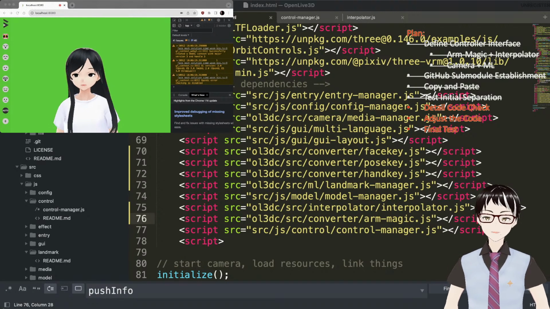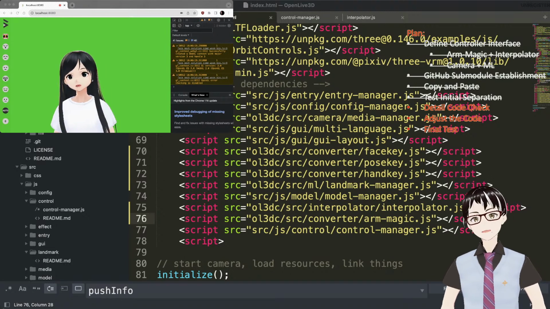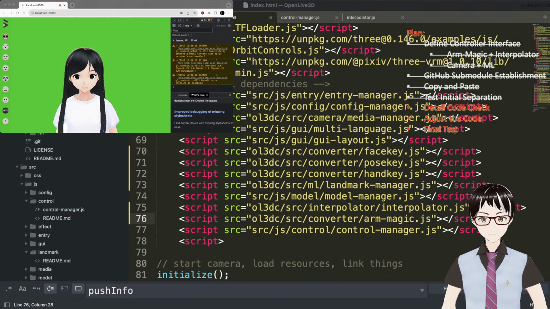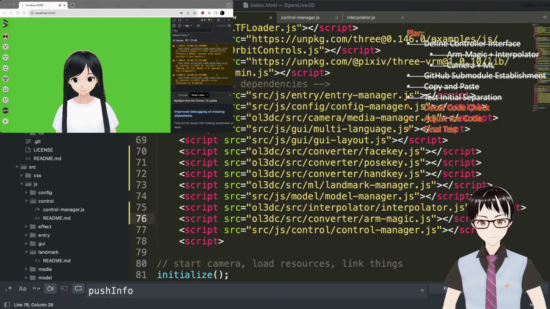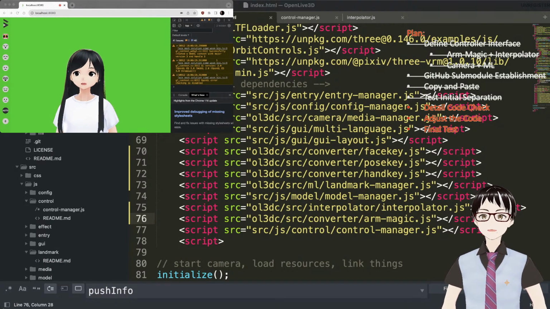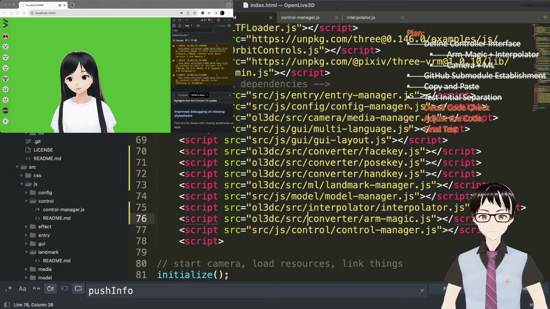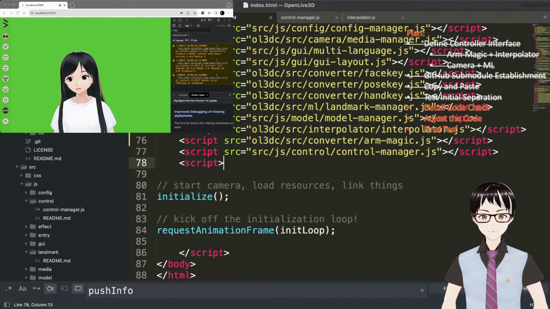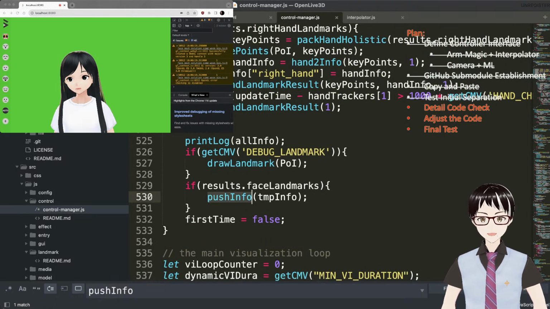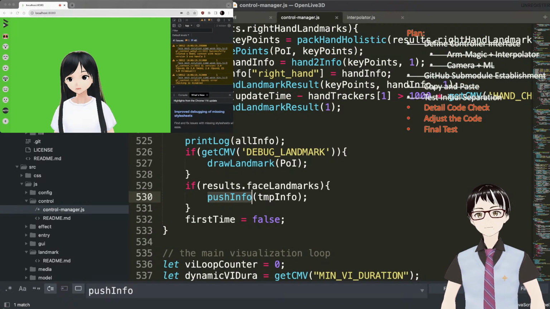I think it is obvious that the code is just not very optimized. From what we just saw inside control manager, we have a push info that directly tries to push the